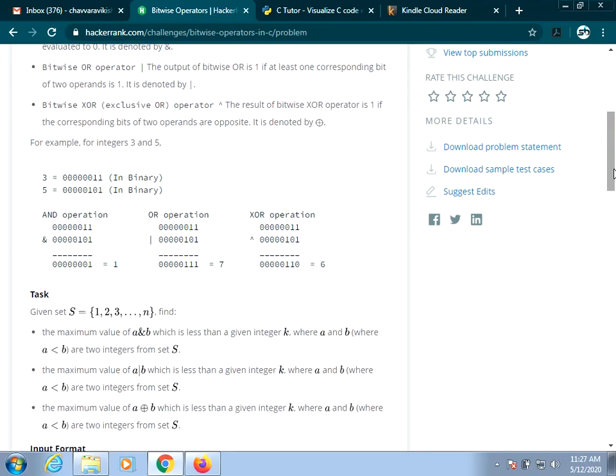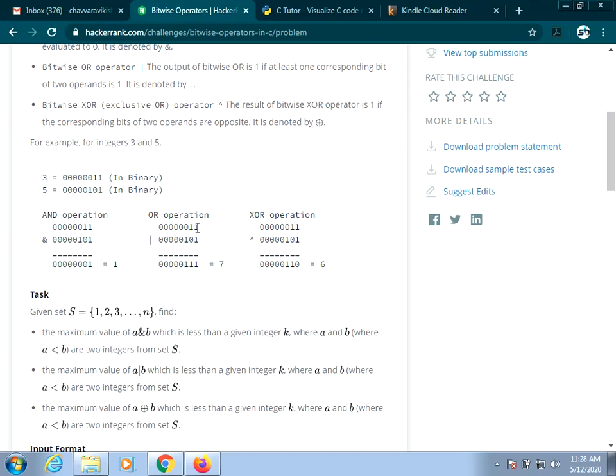So they have given an example for you of how the AND operator works. The numbers will be treated as binary and then your operation will be performed on these bits. Okay, so the AND operation, whenever both the values are ones, it will be 1, otherwise it will be 0.